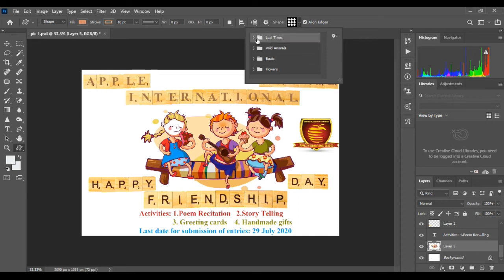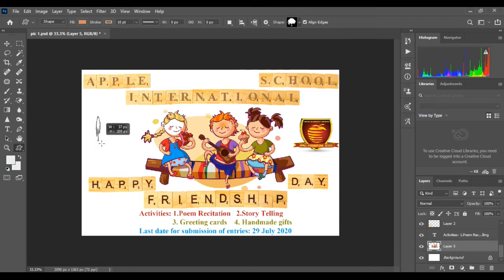So here we have more different types of shapes which you can apply. Annotation tool, it makes notes and audio annotations that can be attached to an image.